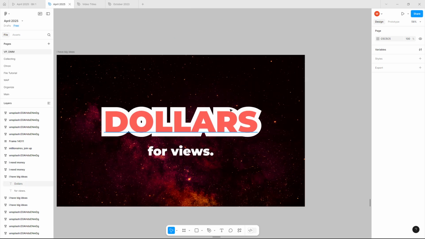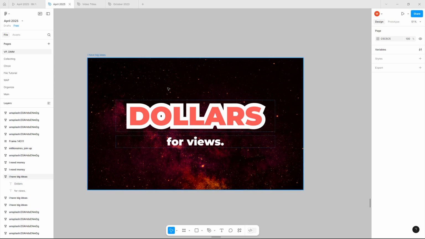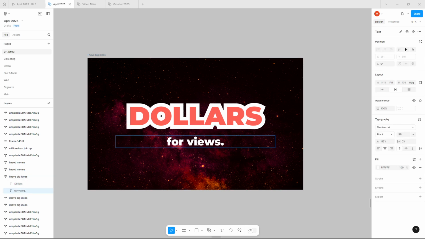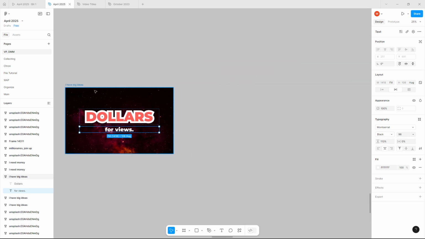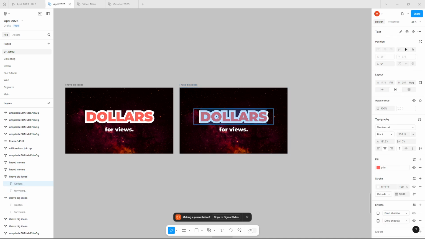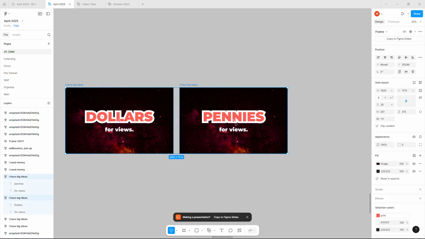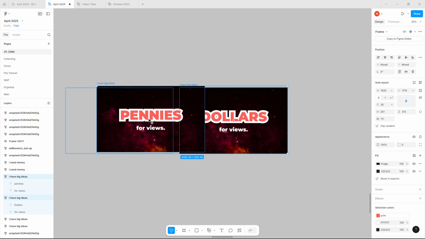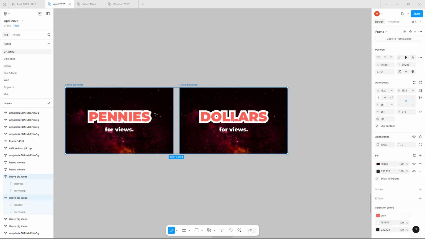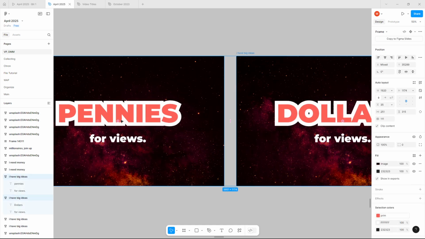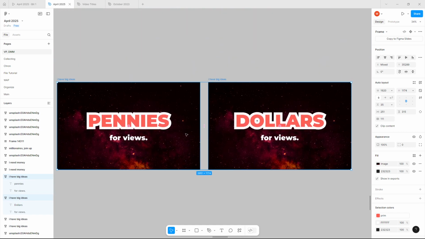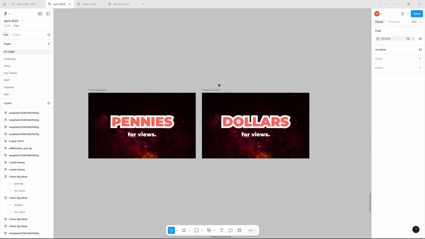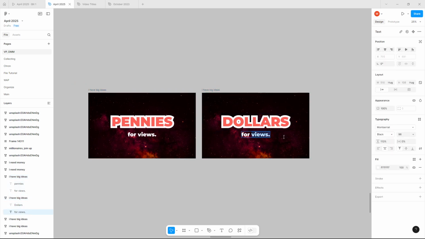Anyway, dollars for views is an idea that if you're watching, or maybe it should be for likes, maybe pennies for views and dollars for likes. Let's put that up here. Boom. Pennies for views. So if I have two of these, there's this automatic auto layout. Usually you have to apply an auto layout and configure it for it to work, but they also let you do this little bit here where if you select two things, you can get this little dot that appears on either one. You probably can't see it very well, but anyway, that's what just happened there. Pennies for views, dollars for likes.